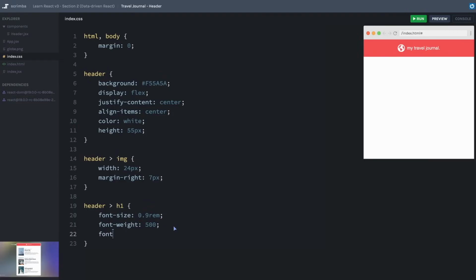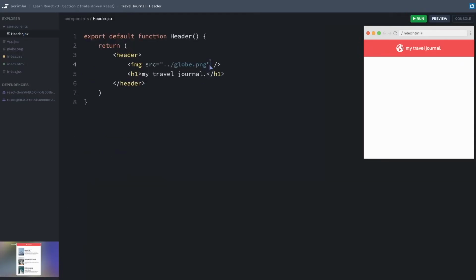And the font family is different too. The font family is Inter. And let's see, is that making a difference? Yes, it is. Perfect. One last thing that I just realized we didn't do, we always have to put our